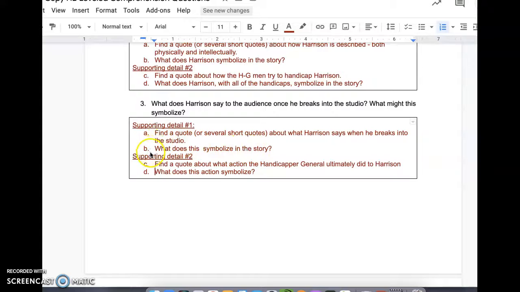Then your second supporting detail would be find a quote about what action the Handicapper General ultimately did to Harrison. And then what does this action symbolize? So I added this part because I think it will help with the analysis. Once you find both these quotes and you analyze them as far as what they symbolize, then you're ready to go back to your outline.